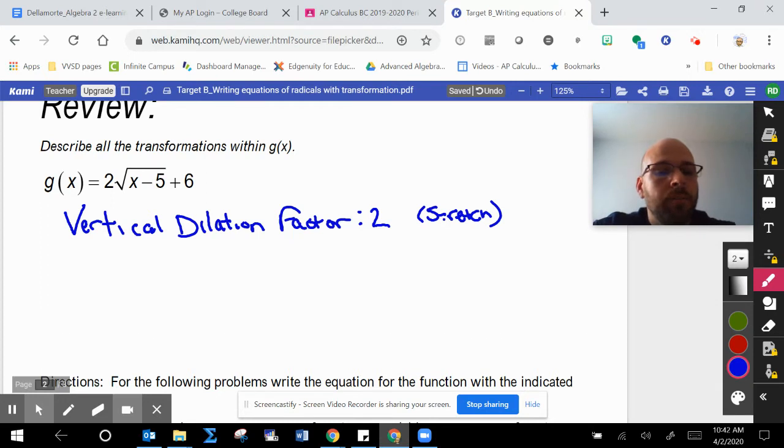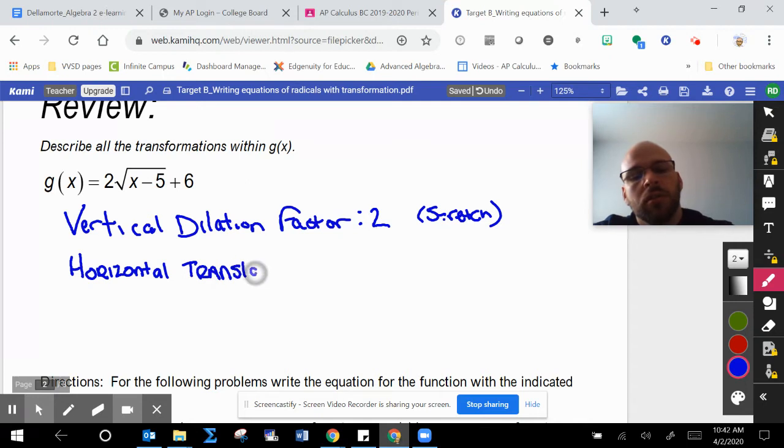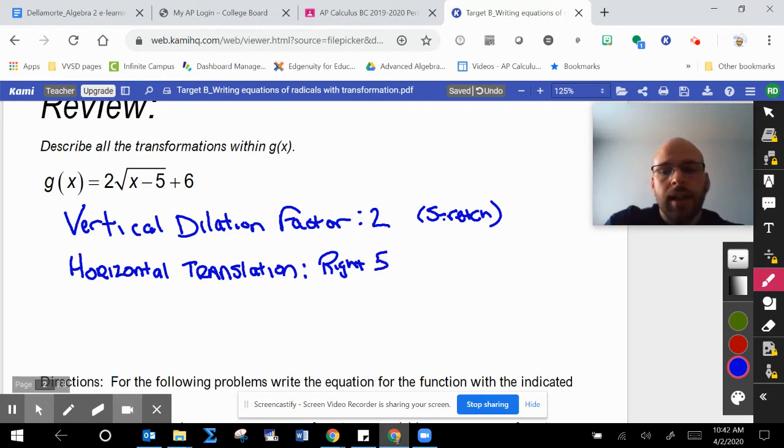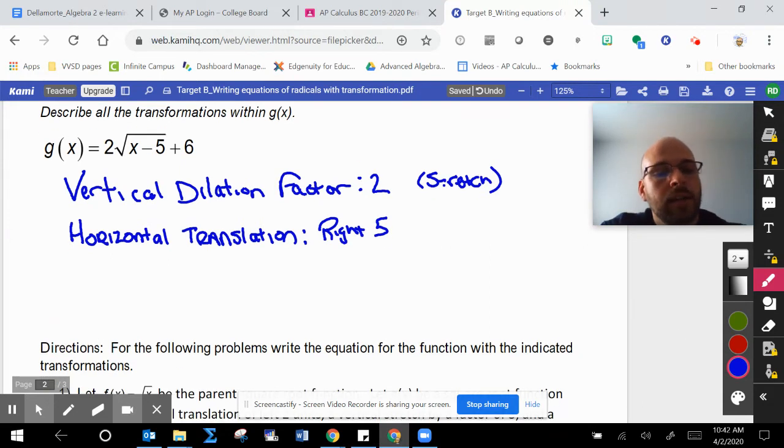The 5 is subtracted on the inside. So remember, when we have operations on the inside, we always need to do the inverse. It will be a horizontal translation. I know it's -5, but again, we do the inverse, so that would actually go to the right 5 units. And then lastly, the +6 at the end would be a vertical